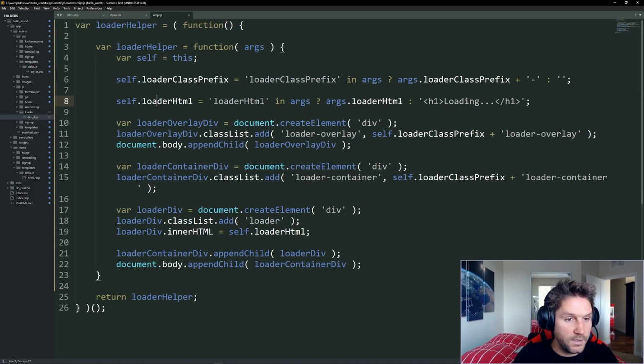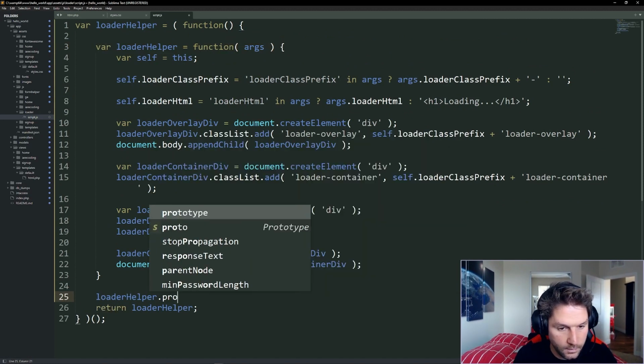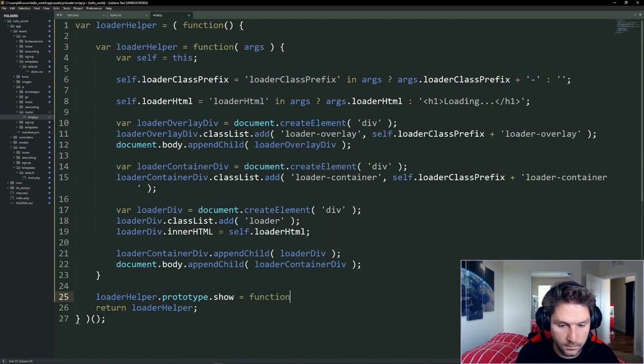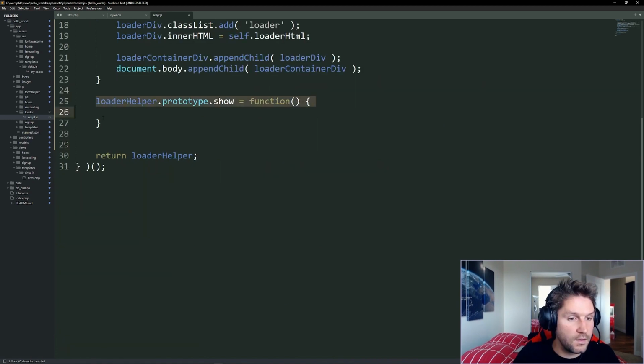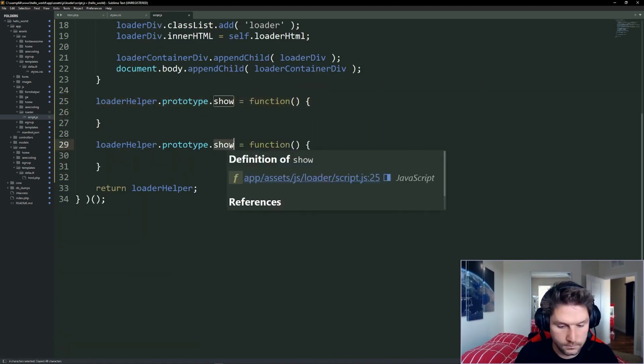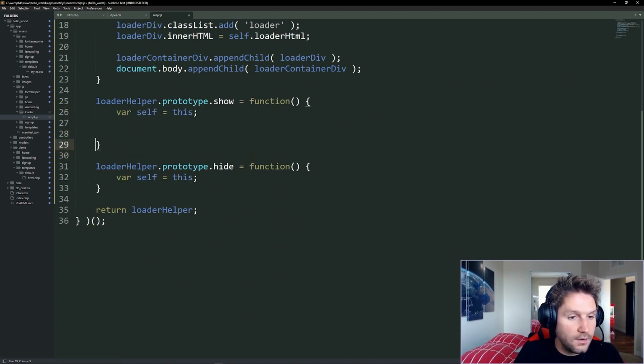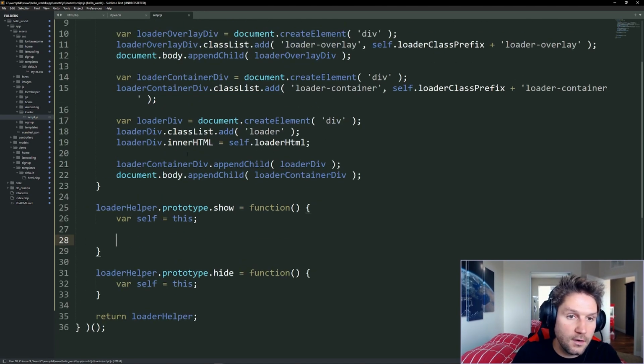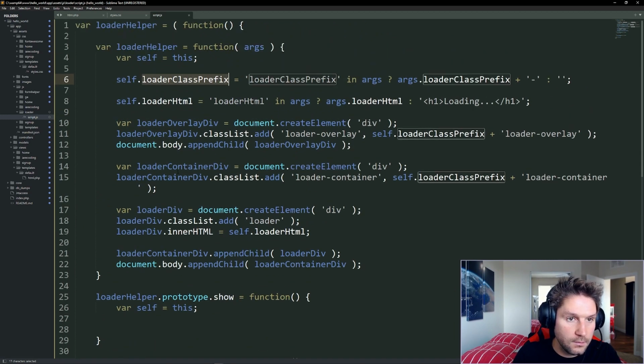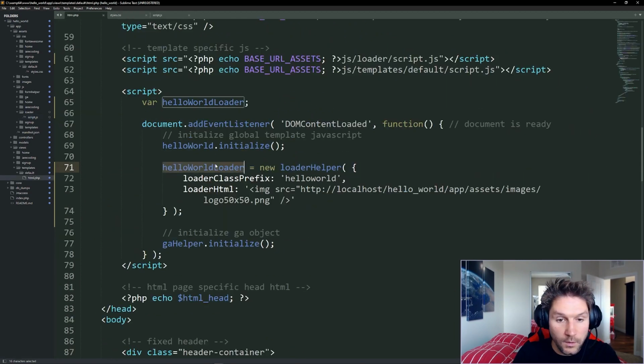So back in our object, we need to create another function outside of our constructor: Promise loader helper.prototype.show equals function. We're going to do the same thing for hide. Both of our functions will get our variable self equals this. And then all we have to do is target the loader that we're actually on. So if we have multiple loaders, we're going to be targeting it with our class prefix. So we make sure that when we call hello world loader dot show, it's only targeting the loader